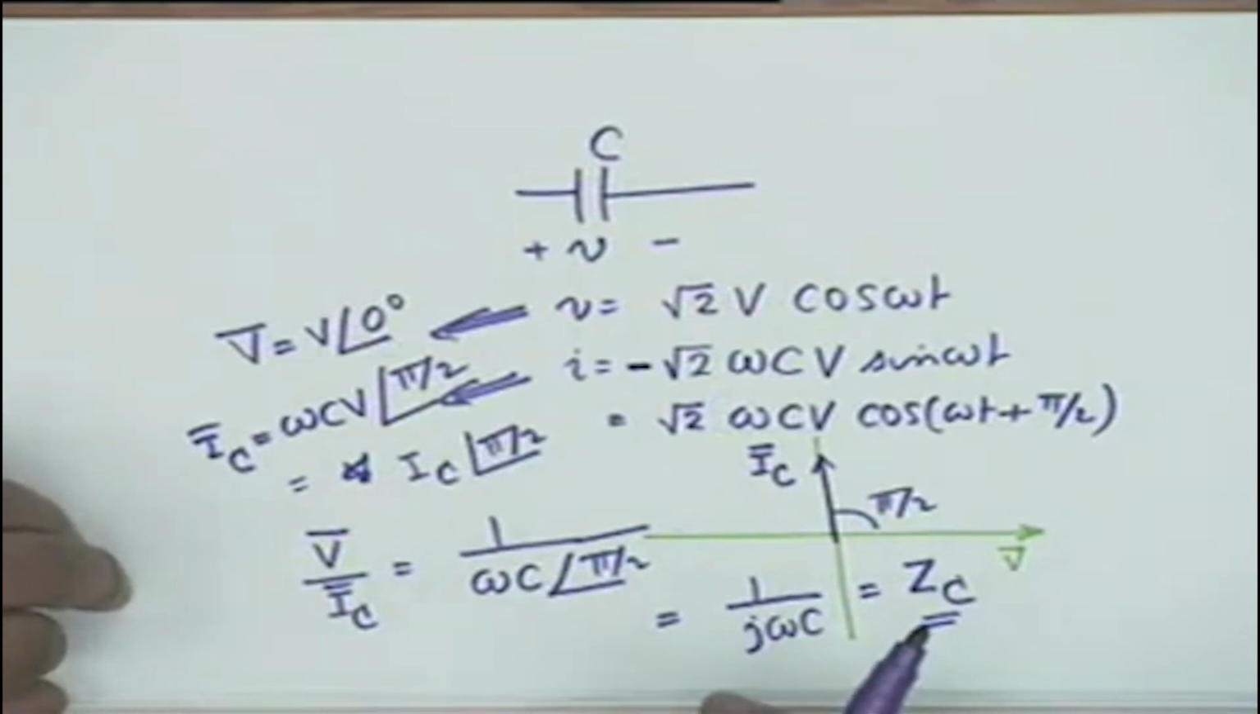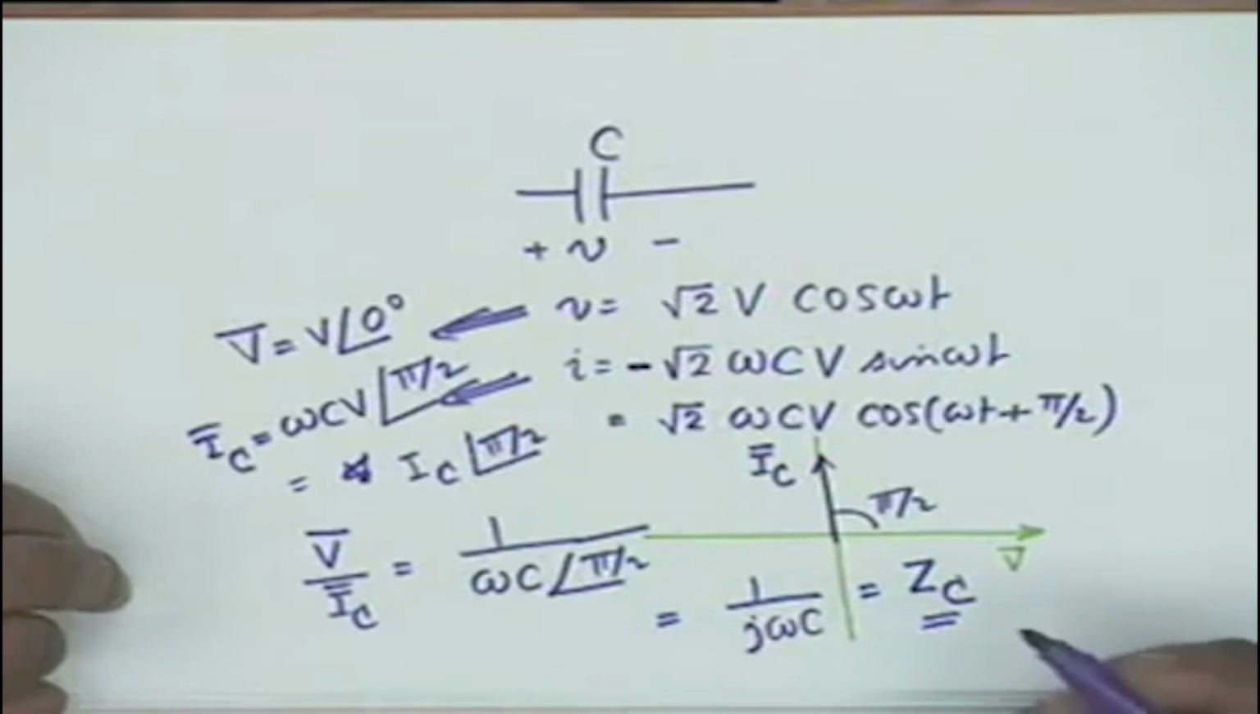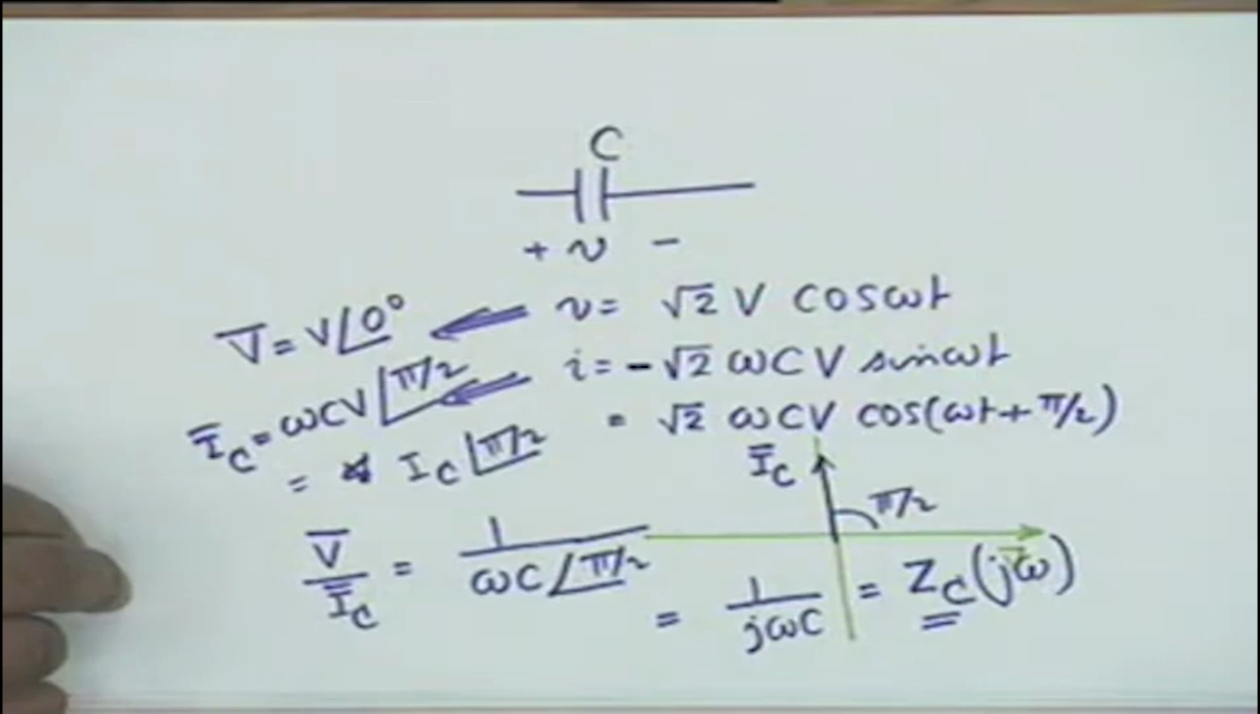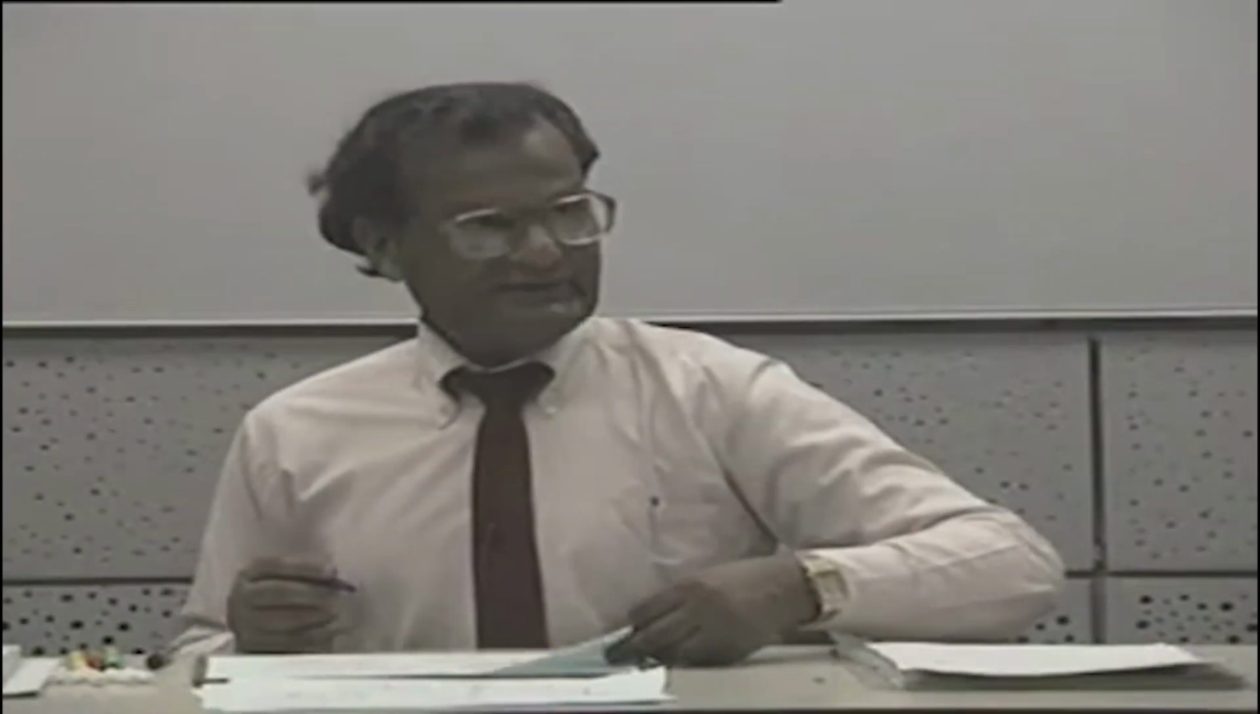For e to the st excitation, the impedance was 1 by SC, and here S is replaced by j omega, and therefore we say ZC is 1 over j omega C. All right, impedance of the capacitor. If I summarize these relationships,